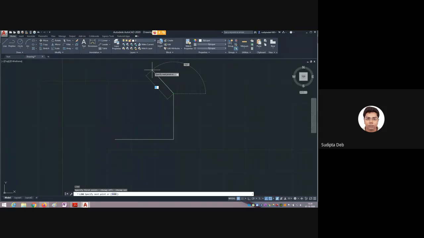Distance is now 40, and angle is showing 132 on the other side. It will be 135. You can use the tab button from your keyboard to move in that section and write down 135. Press single enter, because that line I have drawn.